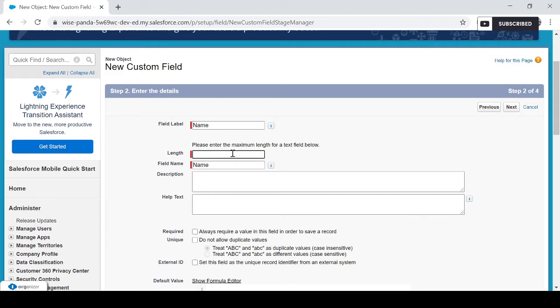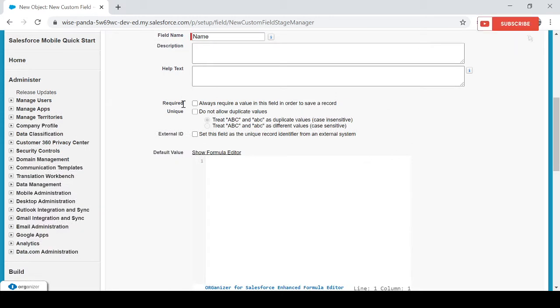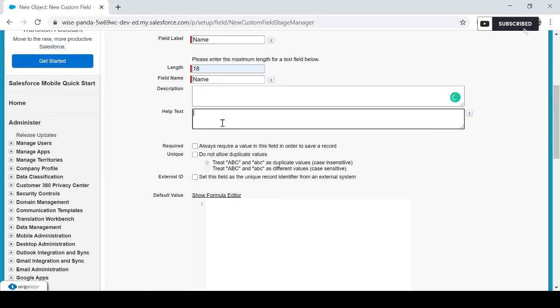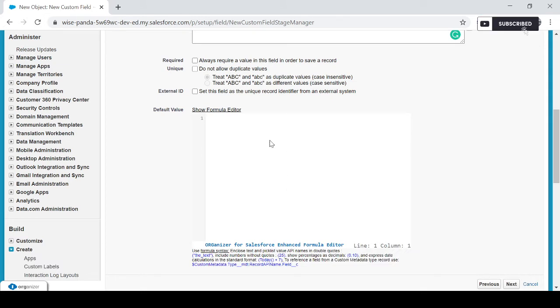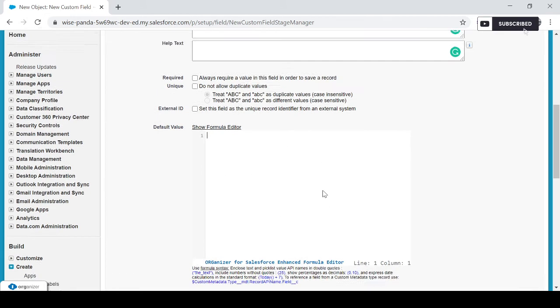Then it's asking for length, which is nothing but the name length. So I am choosing 18. Some other options are also available. If you want to enter any help text, you can enter it here. Also you can give some description, but it's not a mandatory field. I'm leaving it now. Also here some formula related information is available. We will cover this kind of option in an upcoming video.